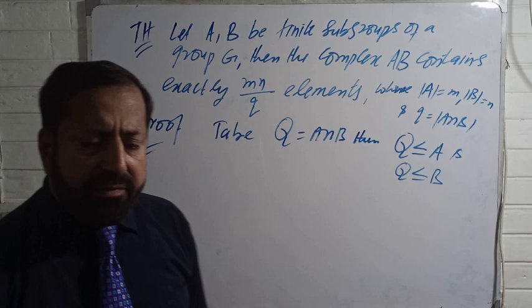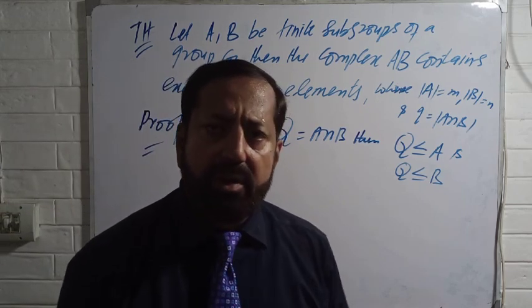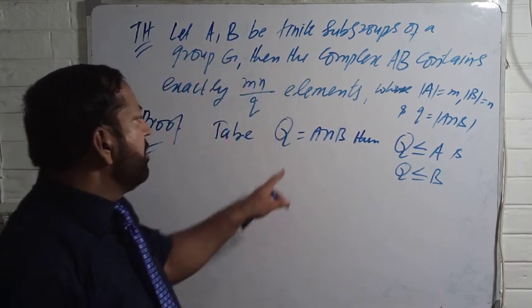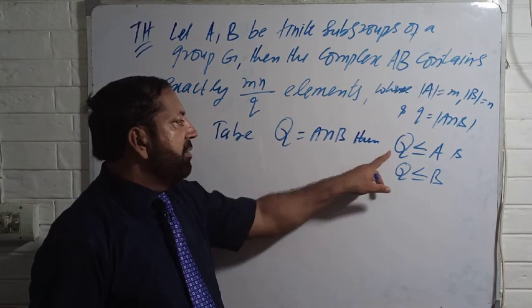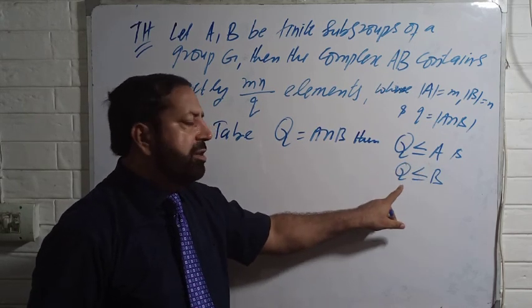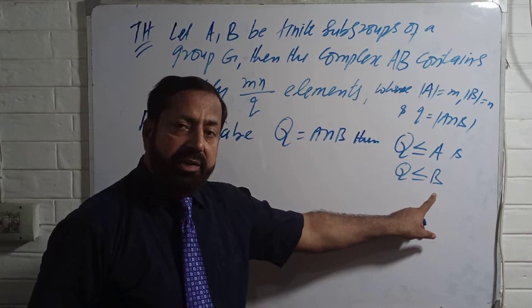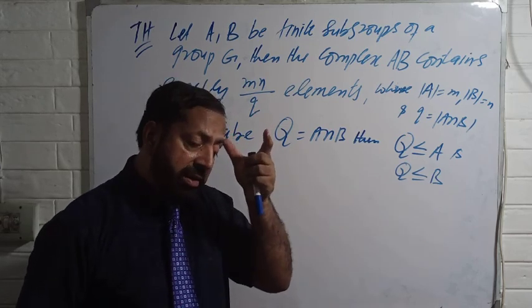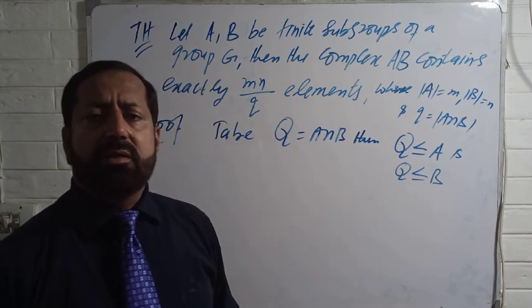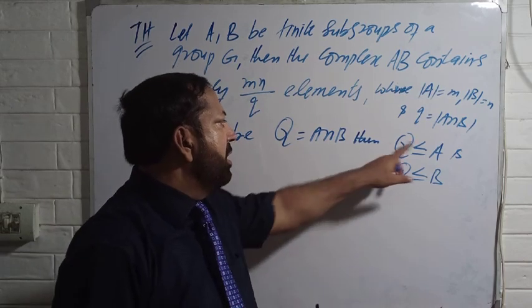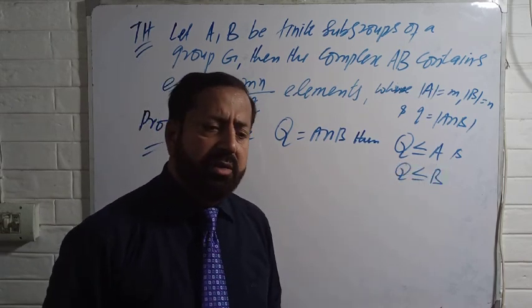You know that the intersection of two subgroups is again a subgroup, and that's why if you are taking Q as A intersection B, then of course Q is a subgroup of A and Q is a subgroup of B as well. Now by using the idea of cosets of Q,